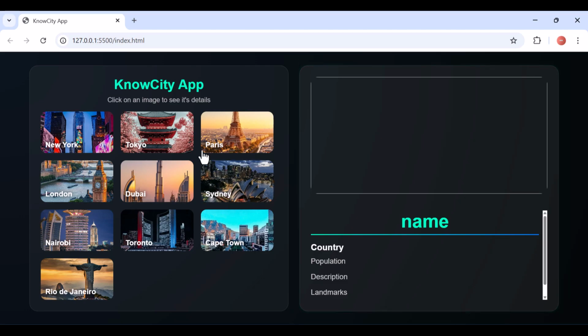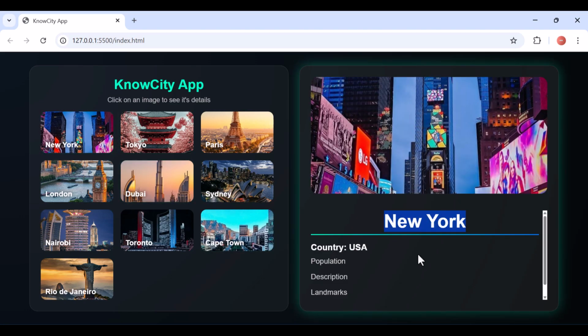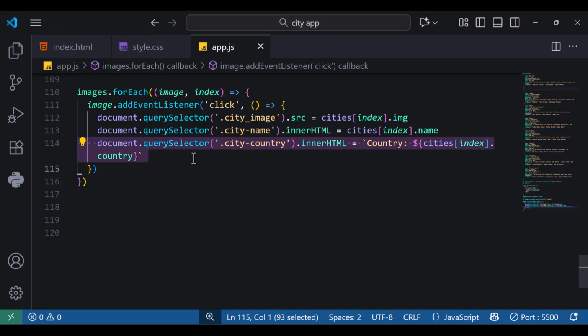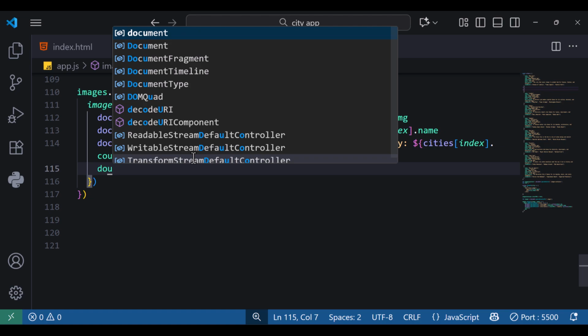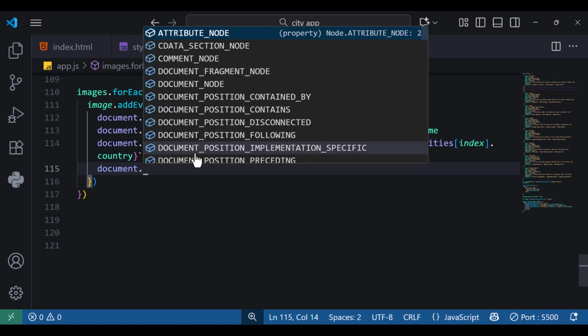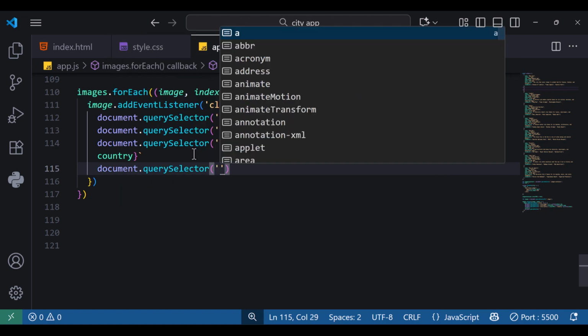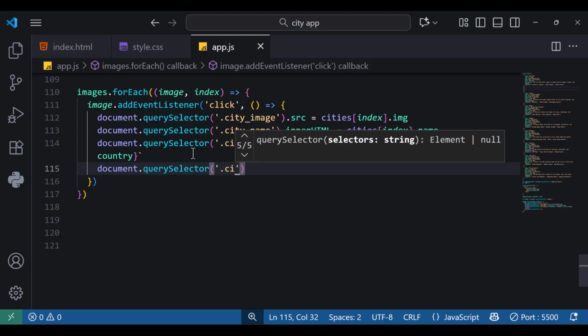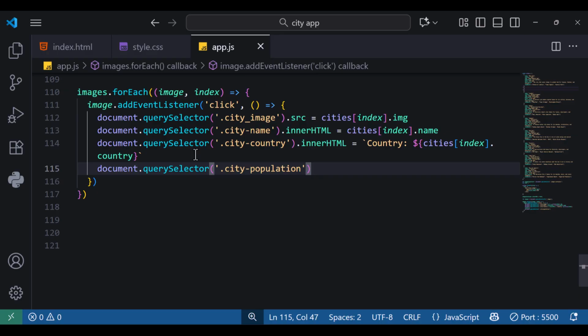So right now, if we click on an image, you see New York, and you see the country has been updated. It says USA. So we can continue again. I'm going to say document.querySelector, and we can say city-population, and we're going to say .innerHTML equals, and we're going to use the backticks again and say population,